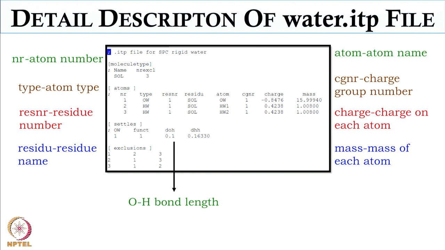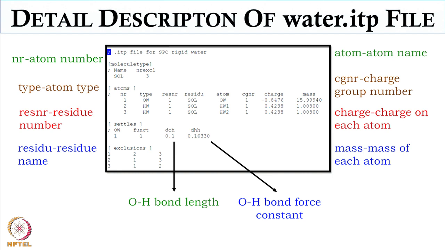So this is the OH bond length in nanometer, and then the OH bond force constant, and these are the exclusions. No, is DHH a force constant or the distance between hydrogens? Sorry, DHH is the distance between hydrogens, so they can actually calculate it from the coordinates. And DOH is the bond angle. So the bond length and force constant, you will mention somewhere else.